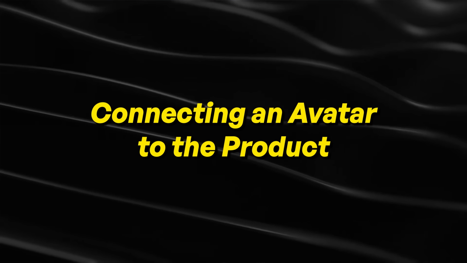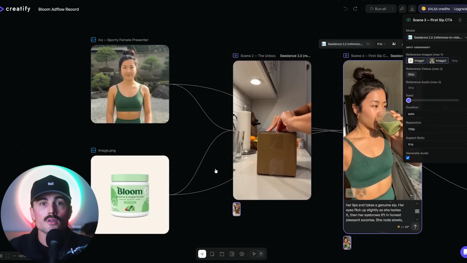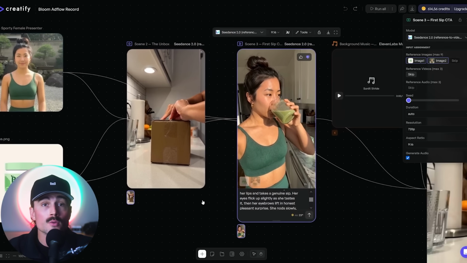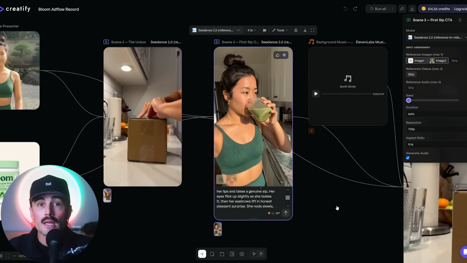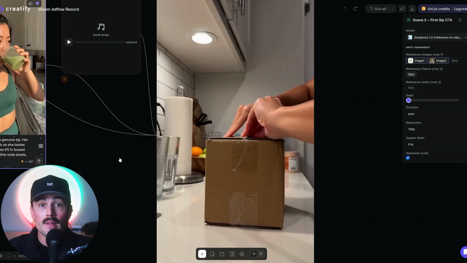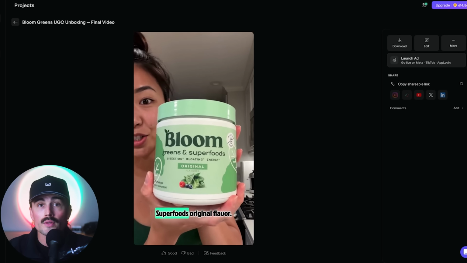Connecting an avatar to the product. So here's the flow mode feature I wanted to show. I can connect an avatar directly to the product so they're actually holding it. I pick a casual avatar, someone who looks like she'd post this from her kitchen, not a corporate spokesperson, and connect the Bloom tub. Now when it renders, she's holding the actual product, turning it, showing the label, the way